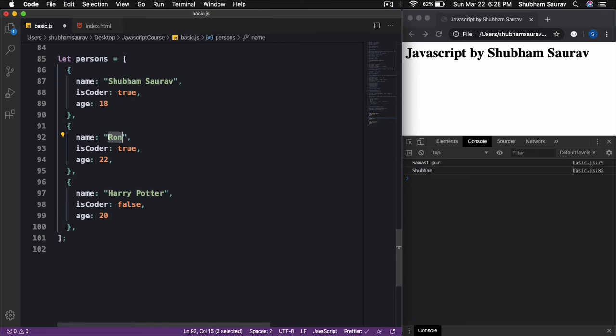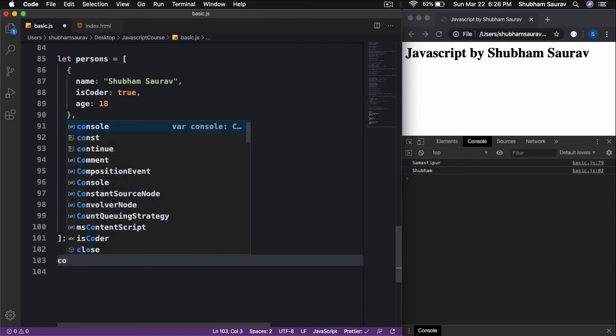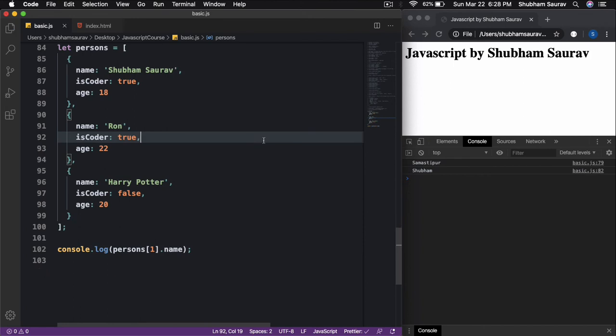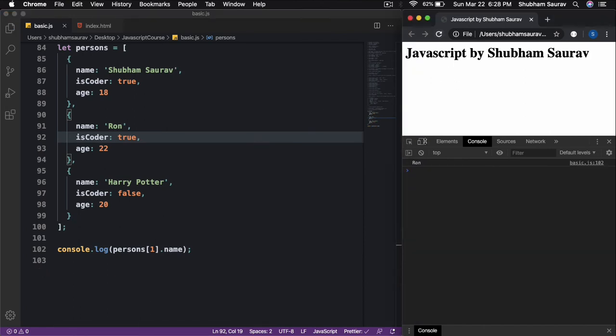Well, to access this name of this object, we can say persons and then the first index and then dot name. So let me show you that. So console dot log, and we want to access persons and then the first index. Remember, this is 0, this is first, and this is second index. So we want to access Ron, so it will be first index, and then I want to display the name, so it will be like this. Okay, and now the semicolon at the end, and let's just save this and refresh this, and you will see